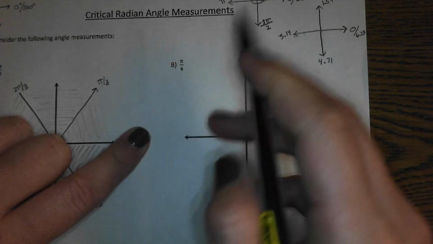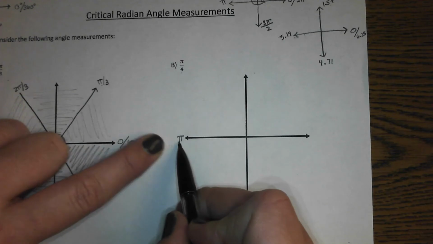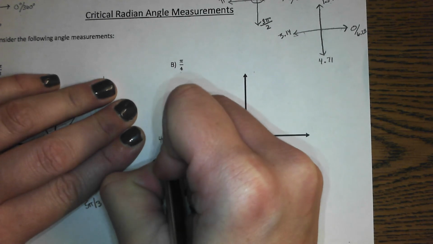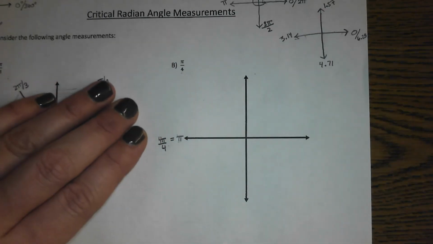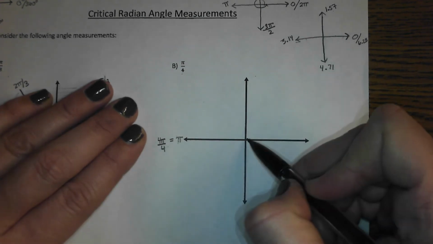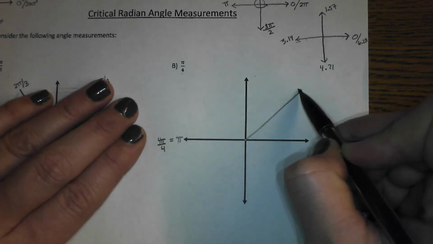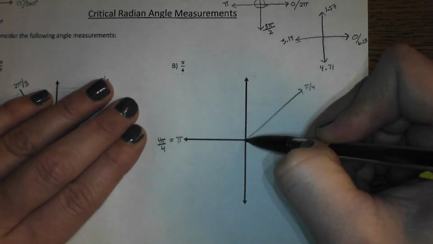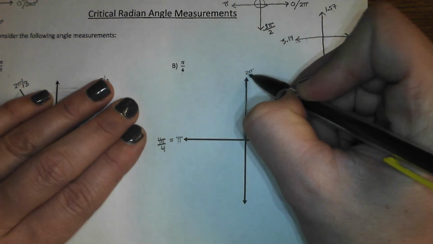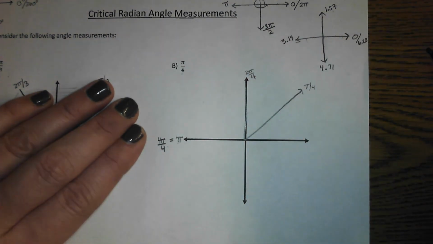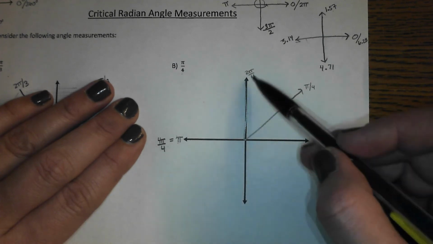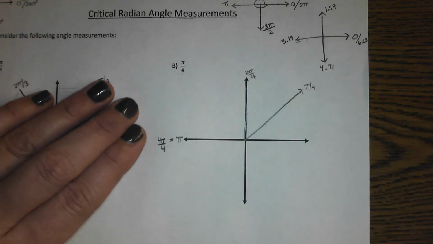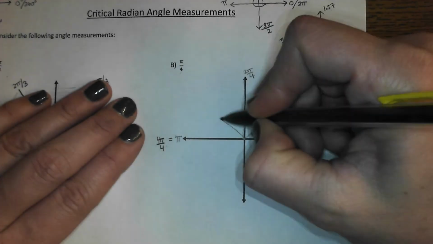If my denominator is 4, this pi is actually going to be labeled 4 pi over 4. See, the other one had a denominator of 3, so we called it 3 pi over 3. This one is a denominator of 4, so we're calling it 4 pi over 4. So we're going to have a 1 pi over 4, a 2 pi over 4, and what does 2 pi over 4 reduce to? That's able to be simplified, right? And so it should make sense that that jives with pi over 2, because that's where we know pi over 2 is. And then we have a 3 pi over 4,